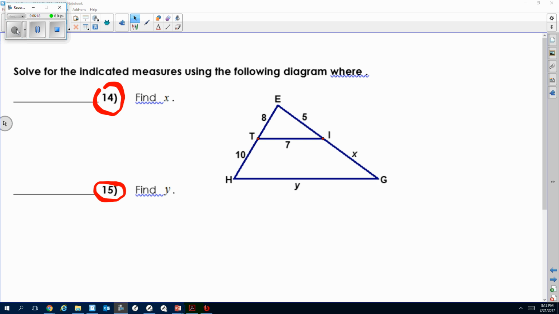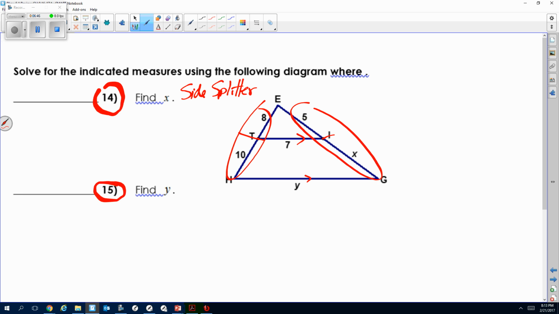Okay, so for the next set of problems, 14 and 15 are test-like. Your hint for 14 is if you have parallel lines, which they are here, you can use the side splitter, which means if you split up the sides, they are your proportions. So this side gets split, boom, there's your proportion. That side gets split, there's your proportion. So try that. But I'm trying to address number 15,